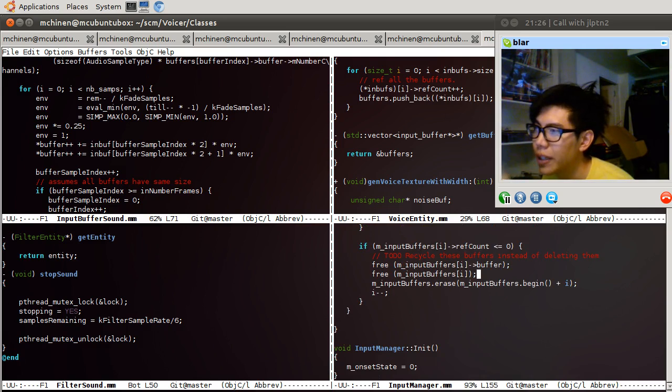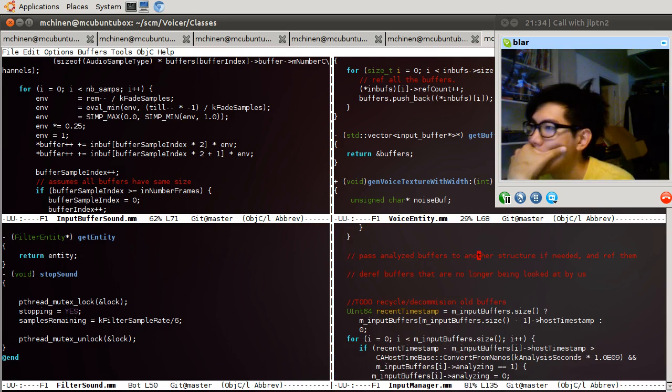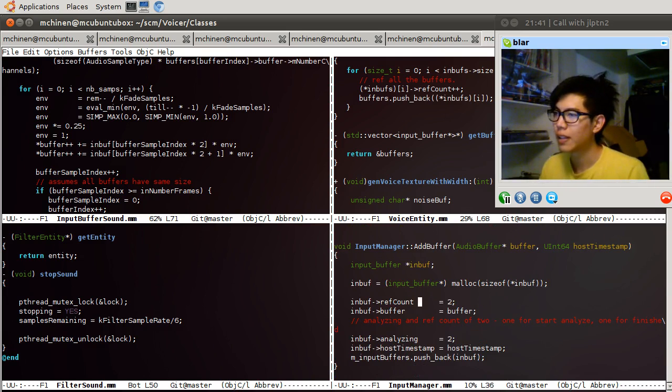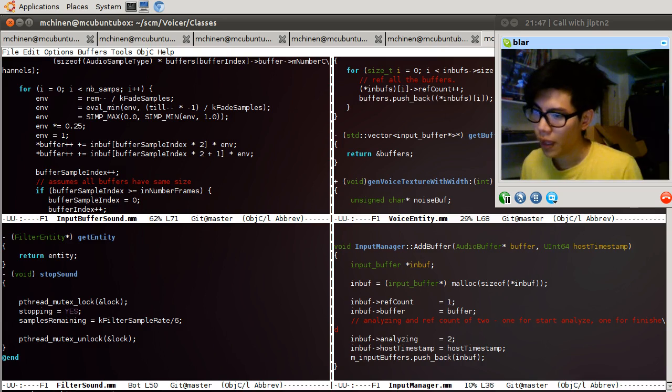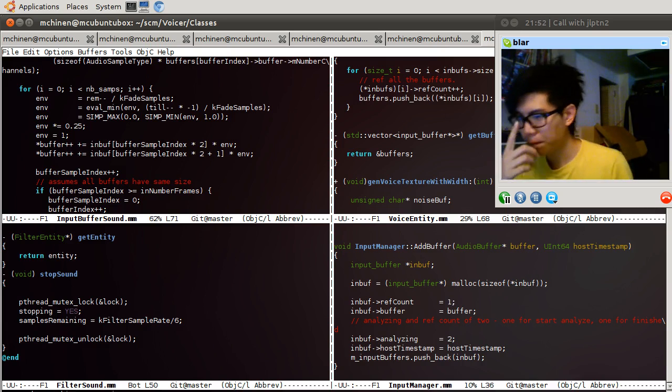I'm gonna say ref count should just start out as 1. So when it gets past 9 seconds, the buffers have to be already within a voice entity, otherwise they get deleted. I think that's okay. No, wait a minute.